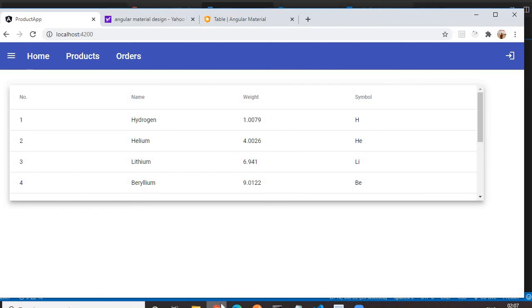So today what we have learned is how we can integrate Angular material in our Angular application, and how to use Angular material components just by importing the module and using the code from the official website of Angular material. Here we have also learned the use of the *ngFor directive for binding an array of objects in the HTML table. So we can display data in a tabular structure by using Angular material or by using the normal HTML5 table also. It is up to your choice. And also we have covered how to use icons. We have used the login icon here. Here I have used the menu icon by using mat icon.